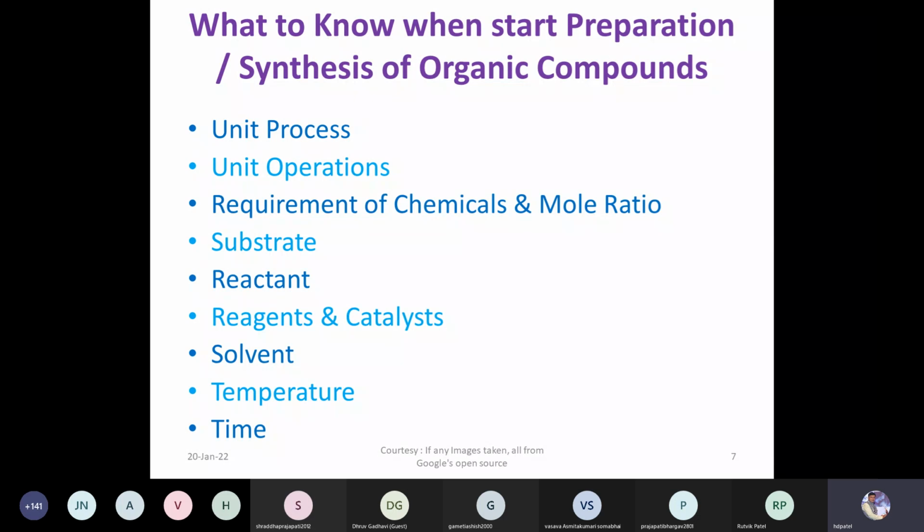Now once we have chemicals, then based on the chemical reaction, we have to find out the mole ratio. Mole ratio means how much amount of a particular compound is required for the synthesis, and with respect to that material, what other reagents and what quantity of them are required. That is called mole ratio. Then